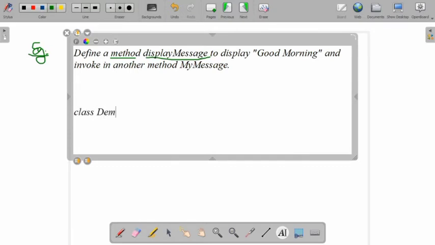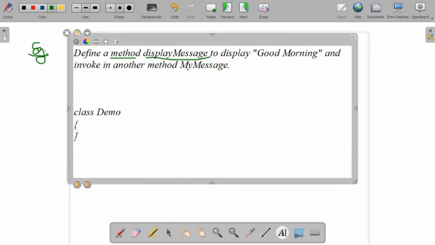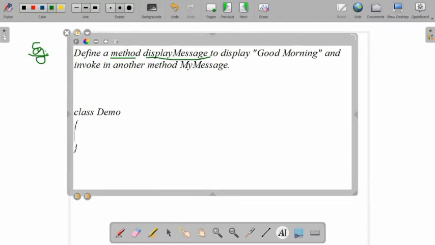So the first method, display message. Display message is the method name given in the question, and there is no specification of return type or arguments in this question. Only the display message method name, to display good morning.